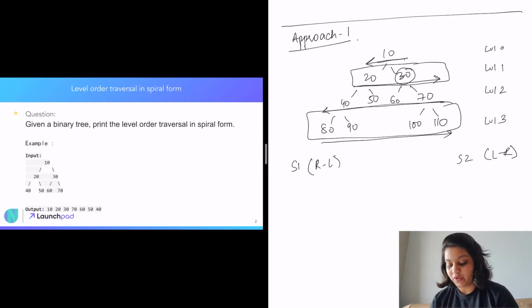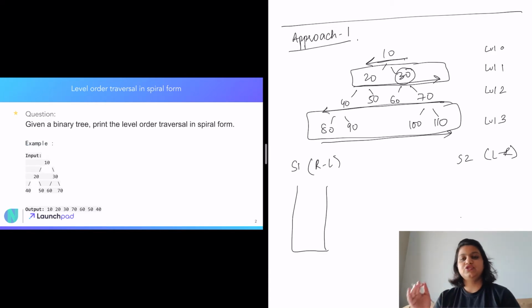So we know that for the elements that are in the R to L, its children will be in the L to R category. When we go through the stack philosophy, we know that the first to go in will be the last to come out and the last to go in will be the first to come out. So basically if we want from left to right, we need to first insert the right element and then insert the left element, and so the left element will come out first. And similarly vice versa.